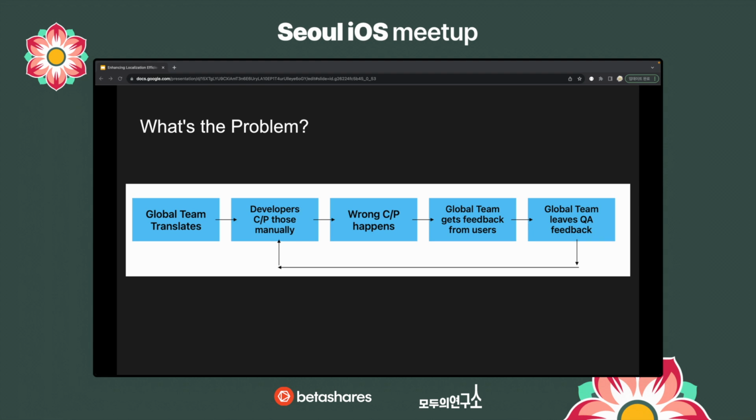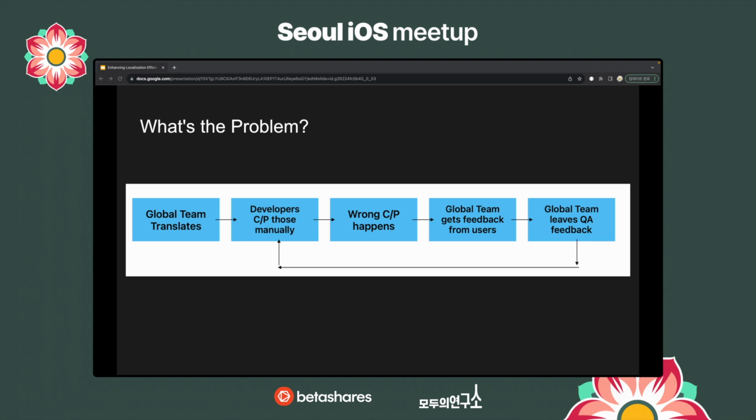Due to this unstable process, the updated localization often leads to bug feedback from users about typos or incorrect translations, which in turn become bug reports that developers must address. According to the QA team, approximately 20% of all reported bugs are related to localization.